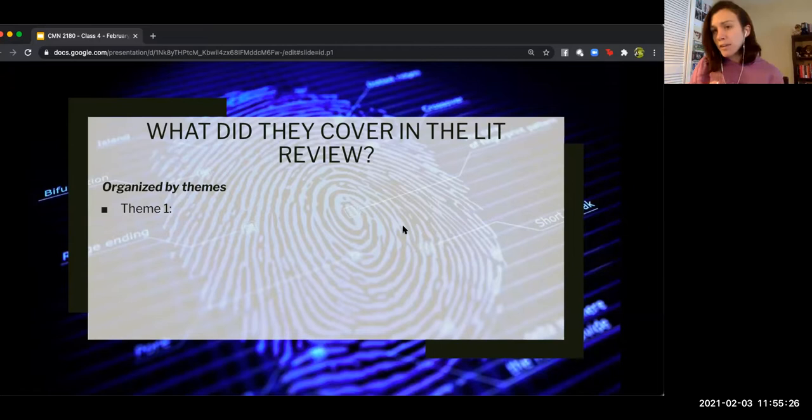And that matters because when you get to your results and discussion section, which we'll see in just a moment, you need to tie in your project. And the authors here do that as well. But you tie in your project with existing research to show what your project brings, once you've conducted it, that hasn't been done before. So the first theme that Clance looks at with his co-authors is